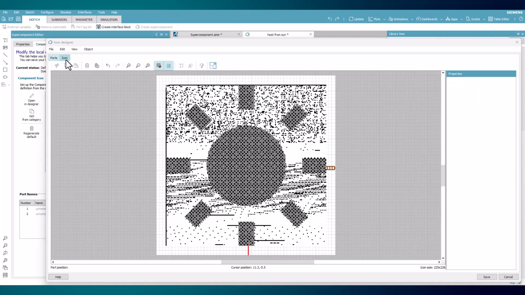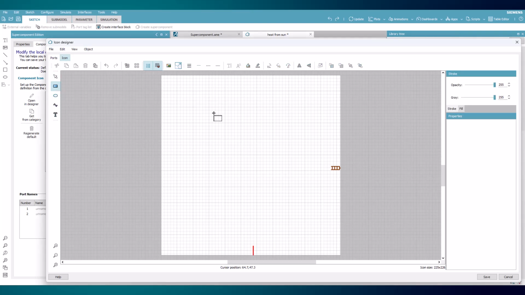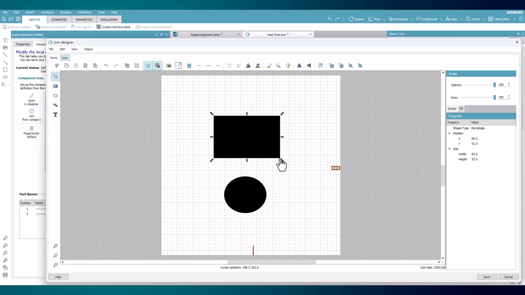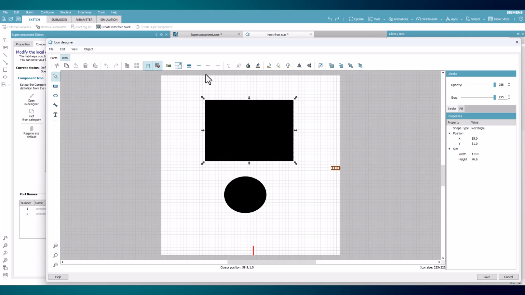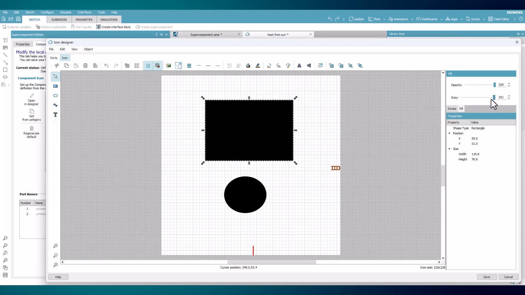The second tab above, labeled Icon, contains more options to add shapes such as rectangles, ellipses, lines, and text, which are all available to the left. The pen for these aspects can be edited to be solid, dashed, or dotted, with different levels of thickness. The fill and stroke can be manipulated for the shape with sliders to the right, allowing for them to be layered and placed as desired.